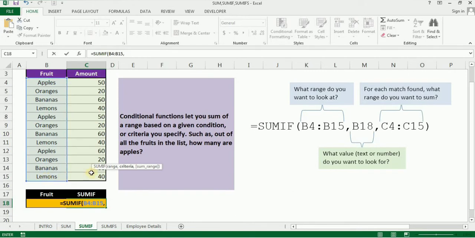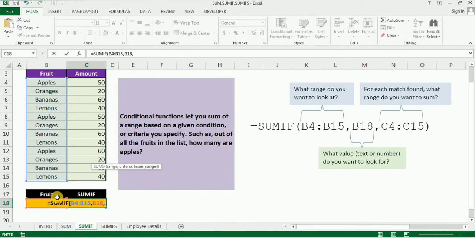And the comma, and the second one is criteria. The criteria is this one, the fruit name here. Whatever I select, accordingly it will give me the total sum of the fruit amount, right? In this case it is B18, where B is the column and 18 is the row. So B18 is my criteria. According to the criteria or the fruit name that I select, accordingly it will give me the total summation